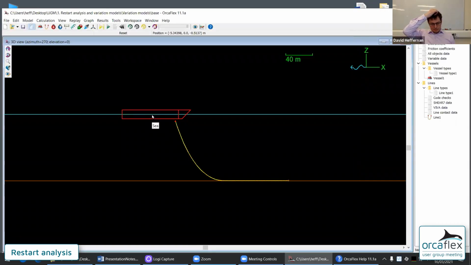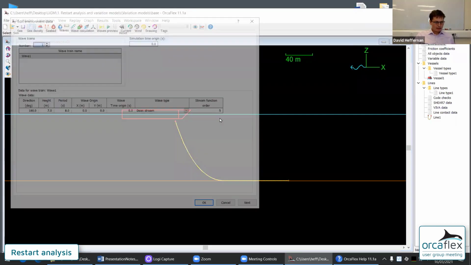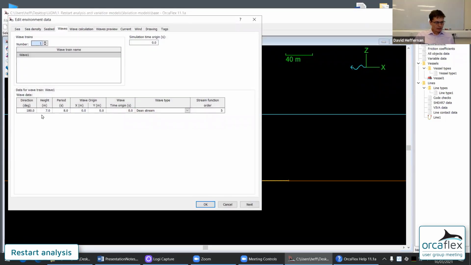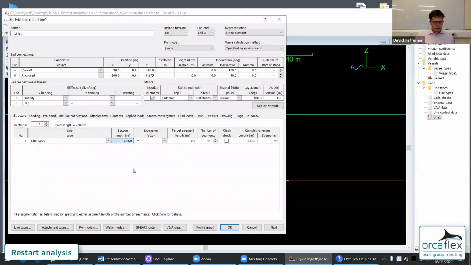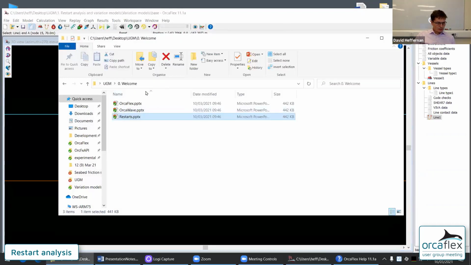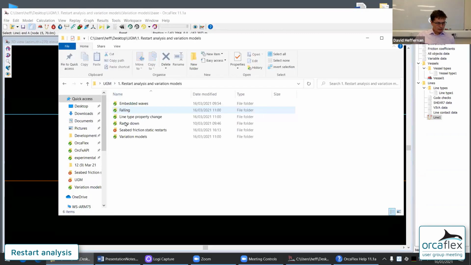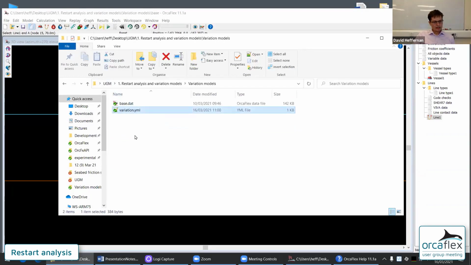It's the classic example we always show at these meetings: vessel with a line attached. The wave is a regular wave with just default height and period. The line, I'm going to point out, has a length of 220. Now I'm also going to show, in the same directory, the other file that I have here,